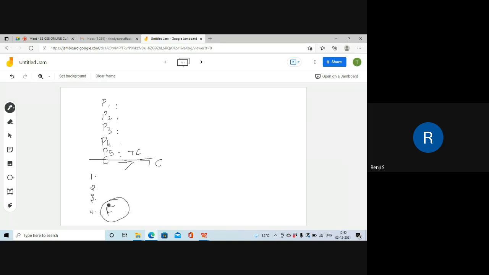If you reach F, then we can say that the premise that we had added is false. That is, not C is false. If not C is false, then C is true. Okay, the conclusion C is true. This is the procedure for applying the indirect method of proof or proof by contradiction. This false is known as contradiction.